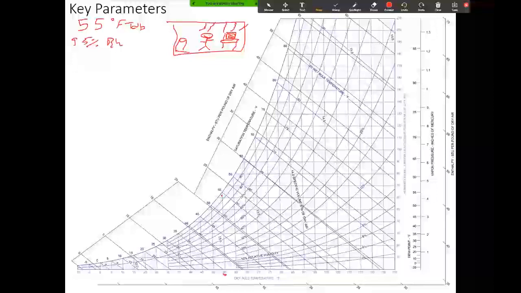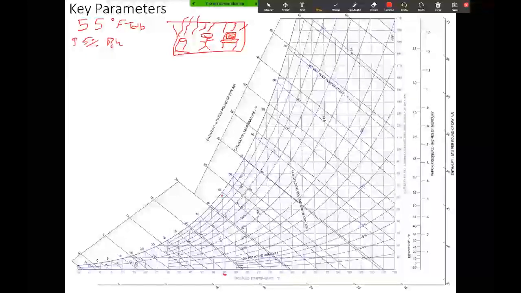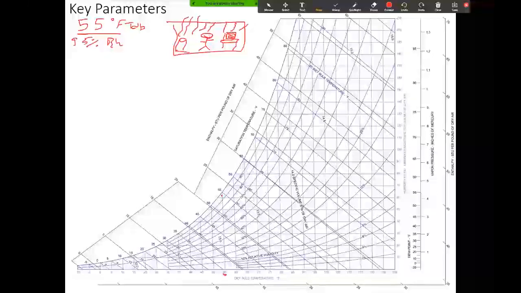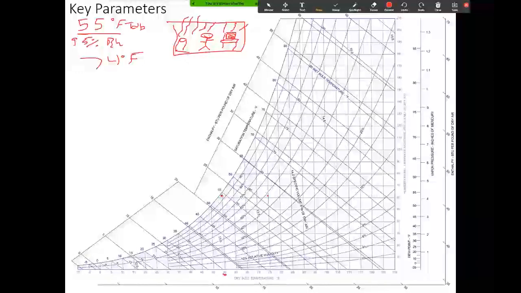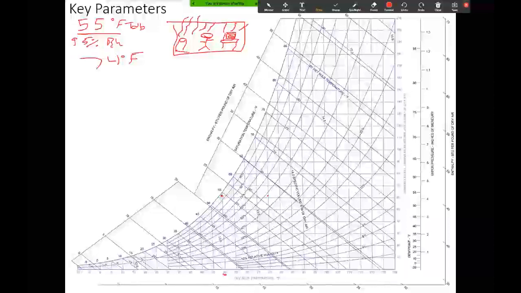But when I have all these heat gains in the space and I send 55-degree air in there, it's going to mix with these heat gains. It's going to warm up, right? It's going to warm up to like 74 degrees Fahrenheit or something like that, okay? So I'm here and it's going to go over here. We're going to say it's like 70, 75. So what happens to your relative humidity? It goes down, right? So you send cool air that's going to mix with your warm air in the space and get an end result of air that's comfortable. This guy's still pretty happy, even though he's having to do all this schoolwork. He's still pretty happy because he's comfortable. And the relative humidity came down,